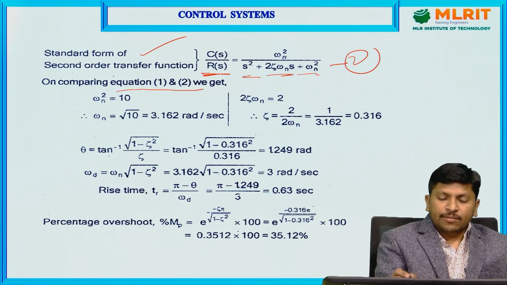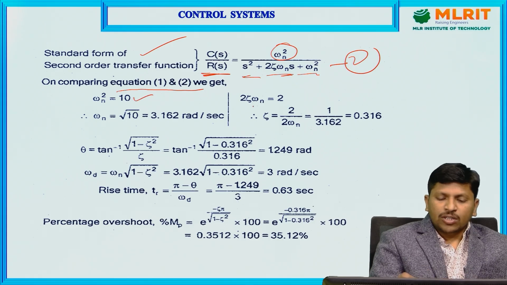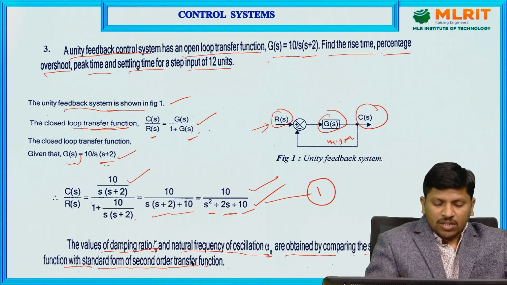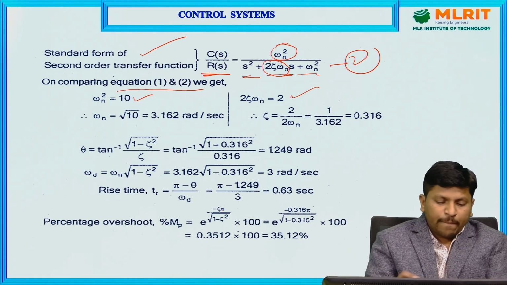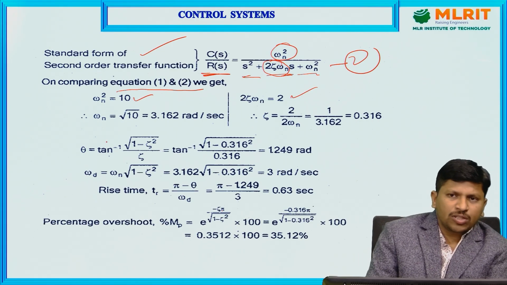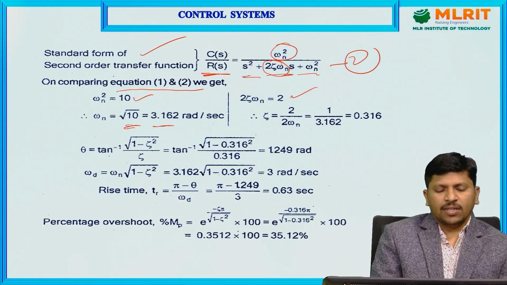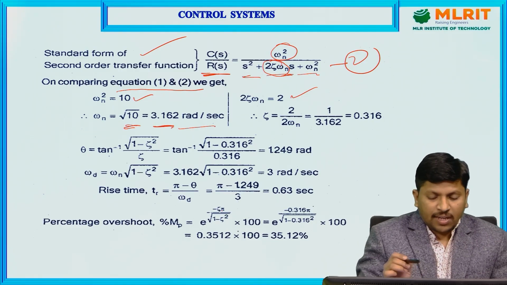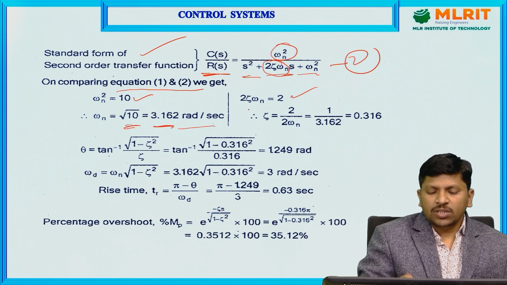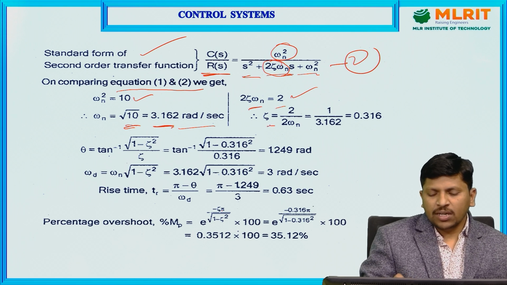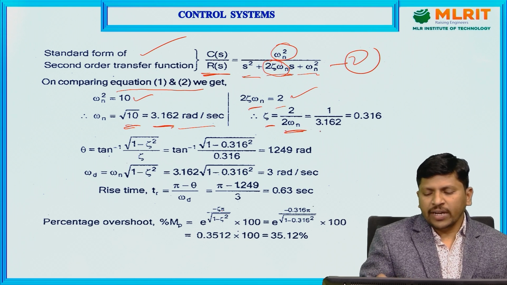Here, observe omega n square equals 10. And 2 zeta omega n, comparing here, is 2. So omega n equals the square root of 10, that is 3.162 radians per second, and since 2 zeta omega n equals 2, zeta equals 2 divided by 2 omega n, so the value is